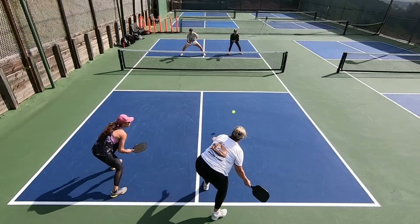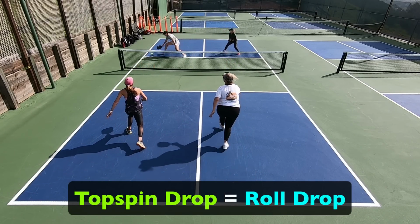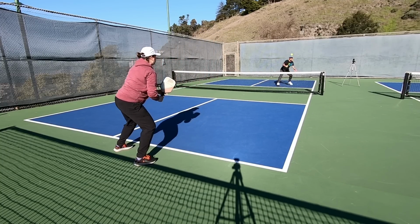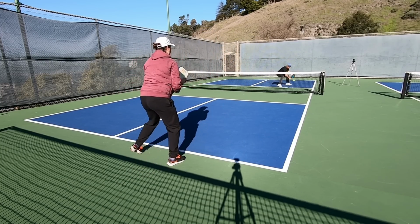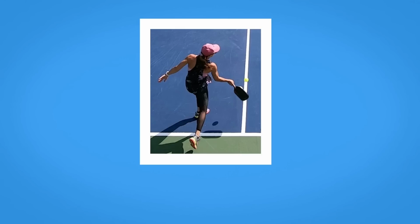Topspin drops, also called roll drops, are generally safer to come in behind than flat drops for all the reasons we previously mentioned, which is why you see high-level players using roll drops as much as possible in the modern game. You can also use topspin drives, either as a more neutralizing shot when you're deep in the court,